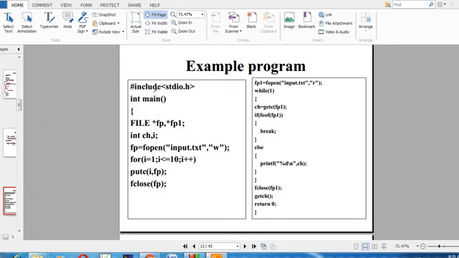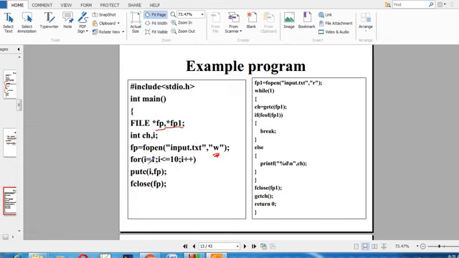So all of you look at here. Here I created, either we can create one file pointer or two file pointers. Now putC is a function used to write content in the text file. So for that we are going to write, so we have to use write mode. Here the input is input.txt.